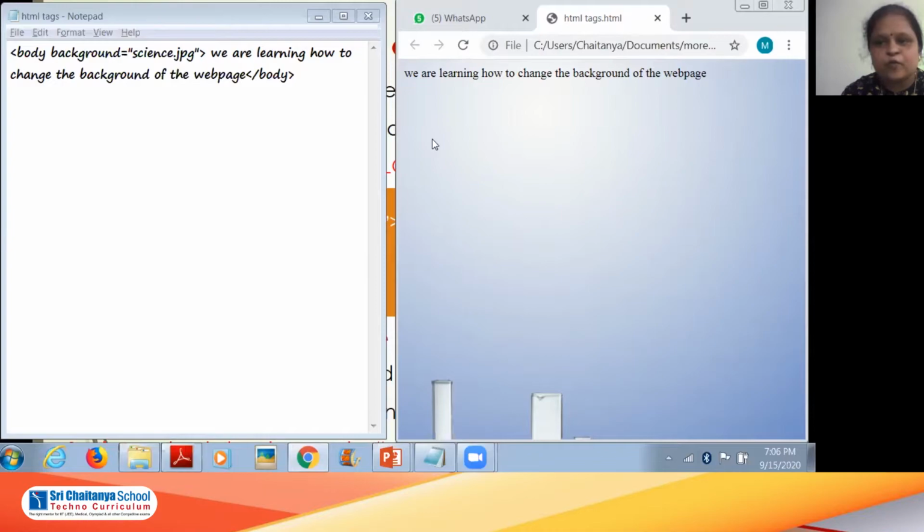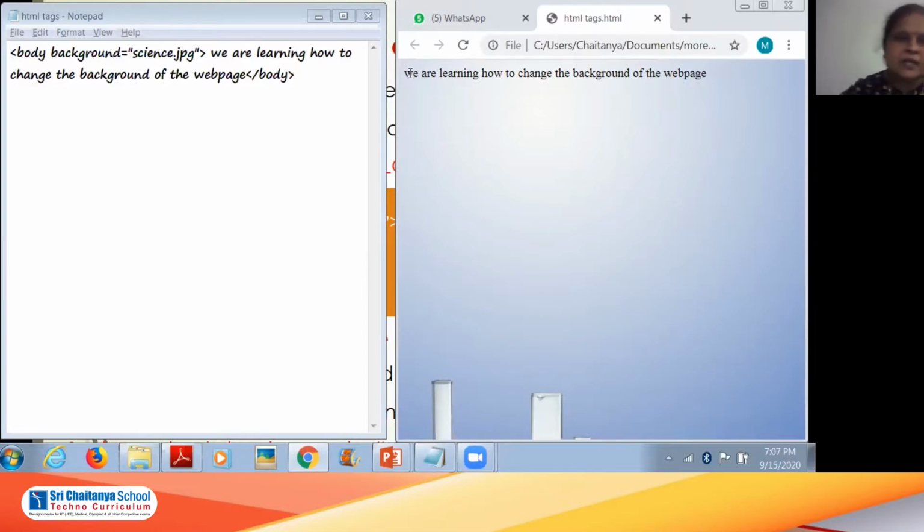When you go for font color, whatever text you write within the font tag, only that particular text changes. But here, what the body text attribute will do is change the default color of the web page to whatever color we assign.